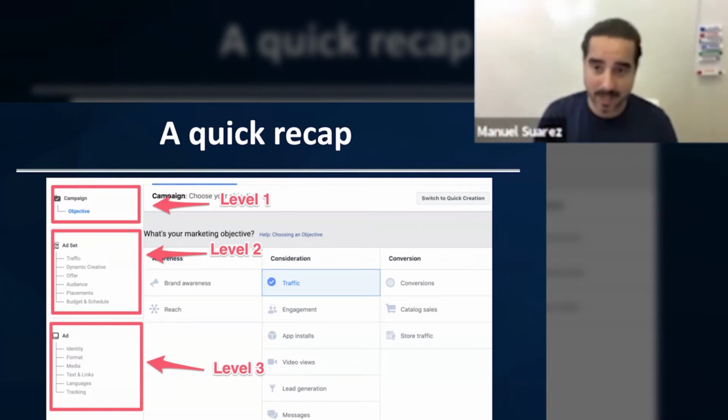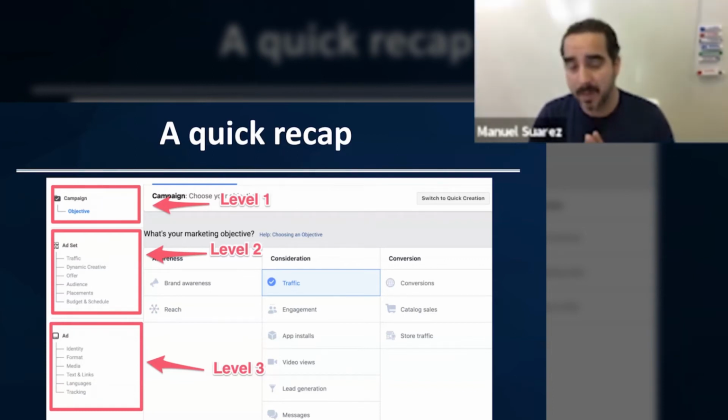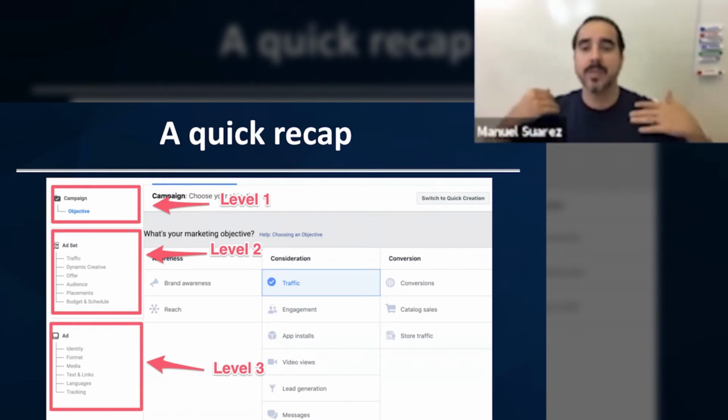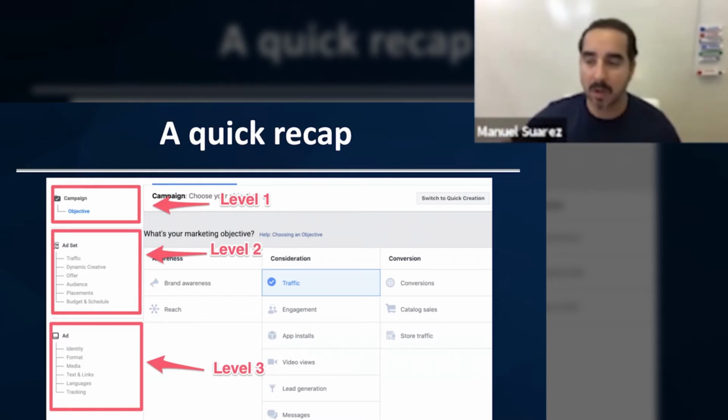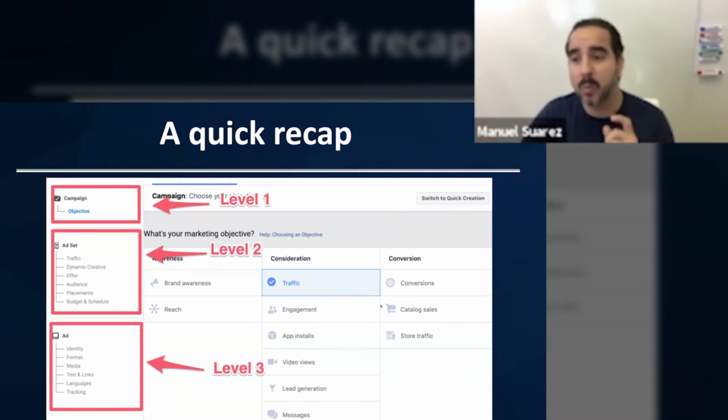And the last step, the third and final step, is going to be the ad. What is your image, your video, your copy, your call to action, your description? How are you going to communicate the value of what people get if they follow your directions of visiting a link, going to a Messenger channel, or whatever it is that you're trying to accomplish? So those are the 3 levels that any campaign ever in social media is going to revolve around.